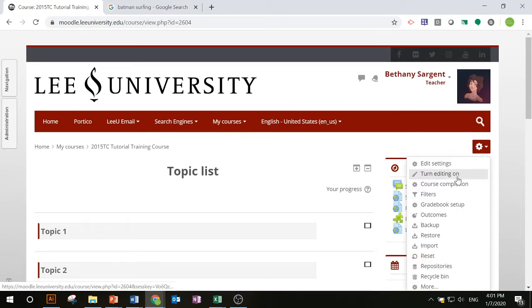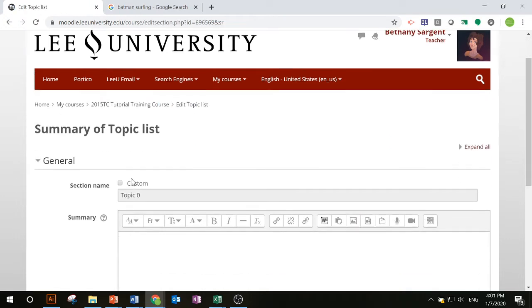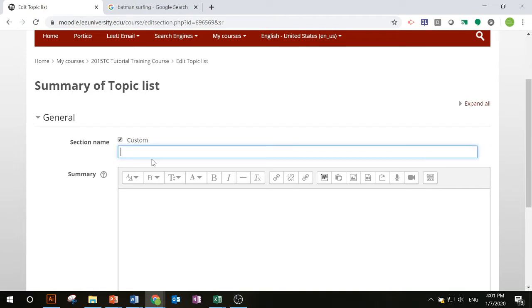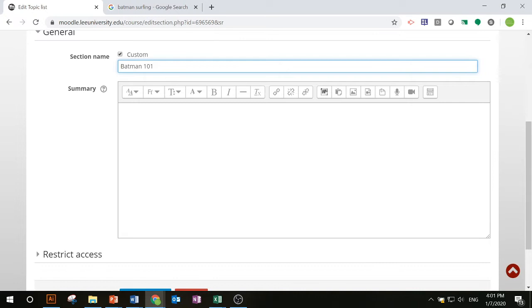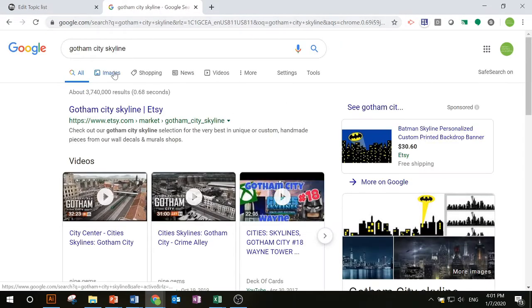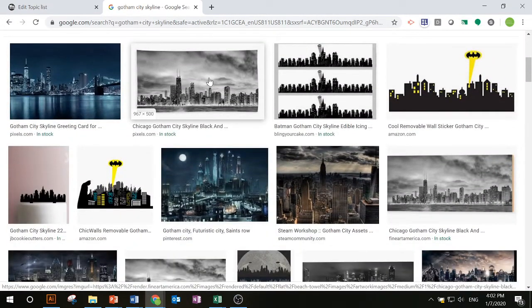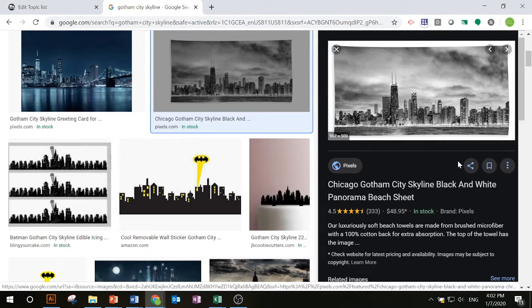We'll go back to our gear icon, turn editing on, and this time what we want to do is change this topic list. So I'll go to Edit and then Edit Settings. Custom. We're going to call this Batman 101 because this is a made-up course and I can call it what I want. I would also like to add a banner image that will help my course. I just jazz it up a little bit. So here we go. Here's a nice banner. We'll save that